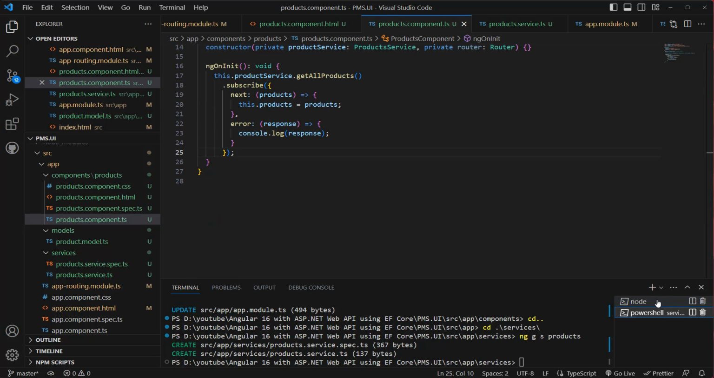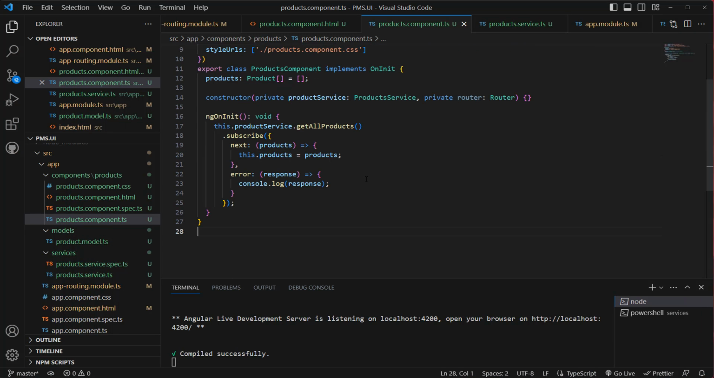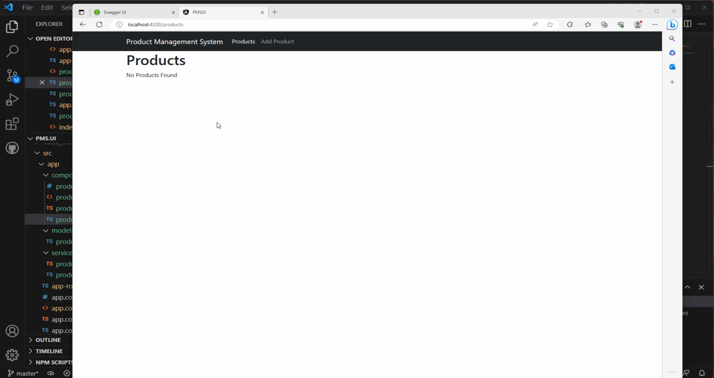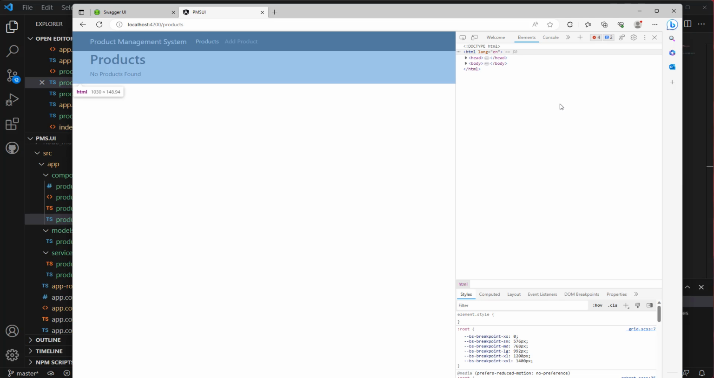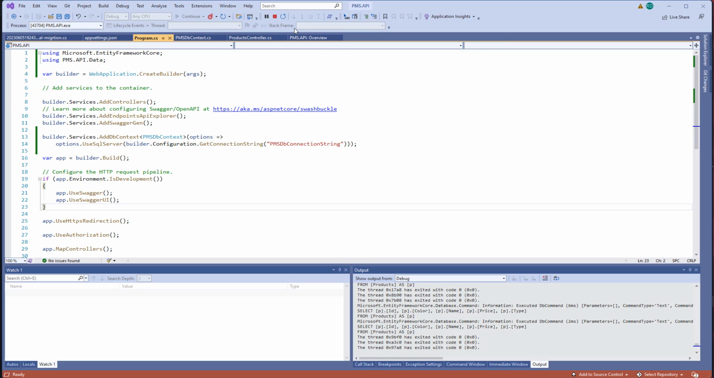So we can give it a try. So far there are no products. Why is that? Let's investigate a little bit more. If we inspect the console, we see an Access-Control-Allow-Origin error. So we need to set up a CORS policy. To set up a CORS policy, we have to go to our project, go to the Program.cs file,